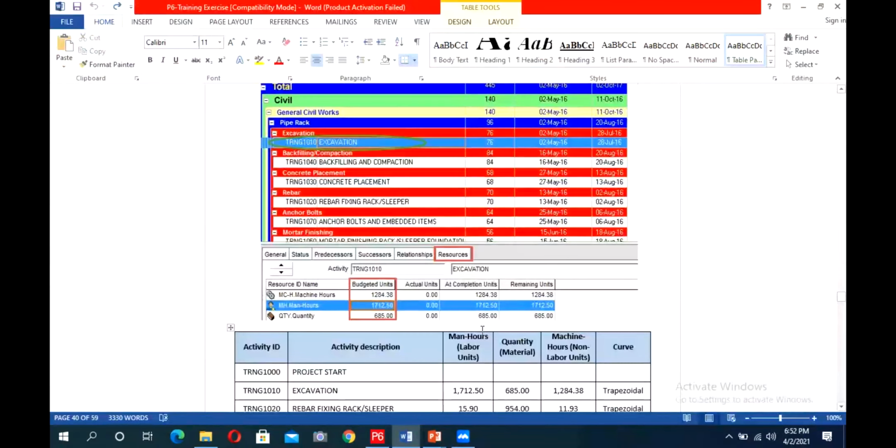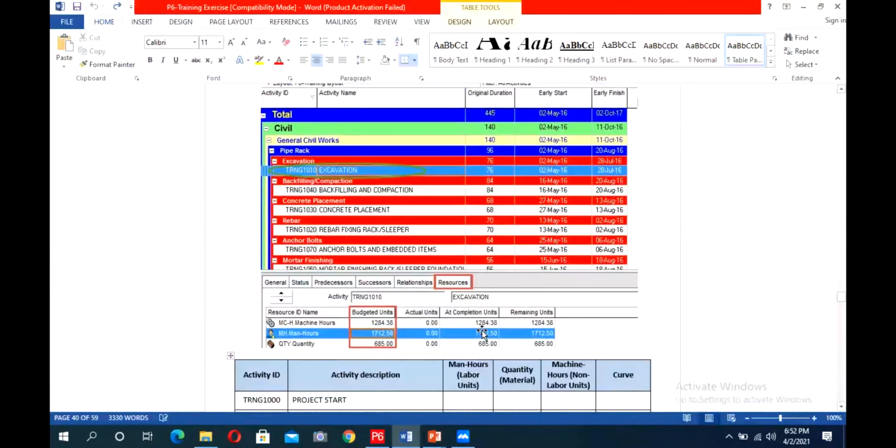Yes, we have defined quantity as BOQ. Okay. So quantity means it's BOQ. Okay, got it. This whole working is called resource loading. Yes, this is resource loading.